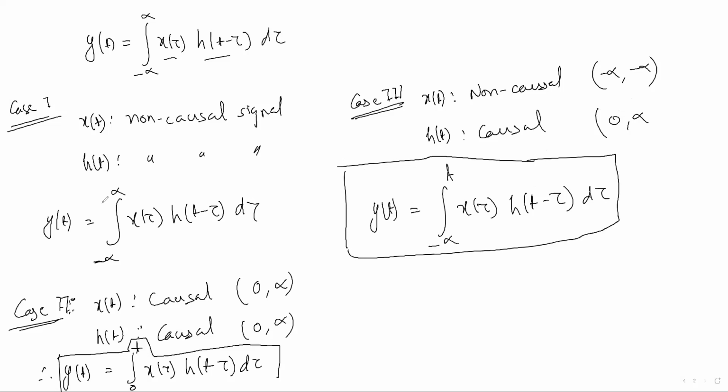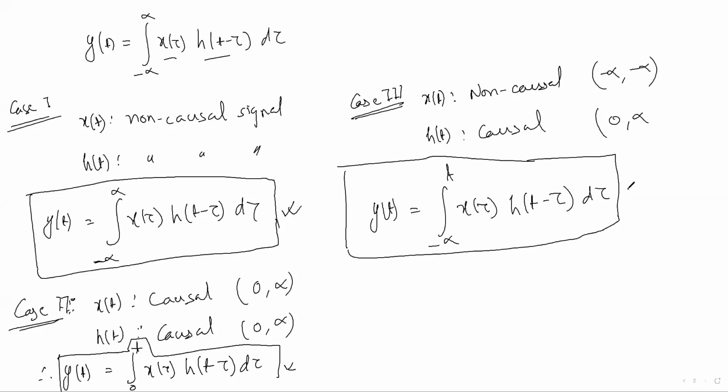These three equations you should remember based on the criteria of x(t) and h(t). Okay, first of all you have to see whether the signals x(t) and h(t) are causal or not. Then you apply according to these three equations. If you wrongly put some limit other than this t or infinity, then you cannot solve that problem. Okay.